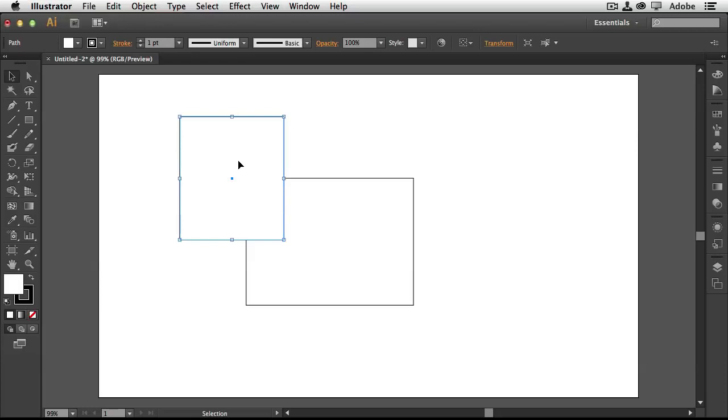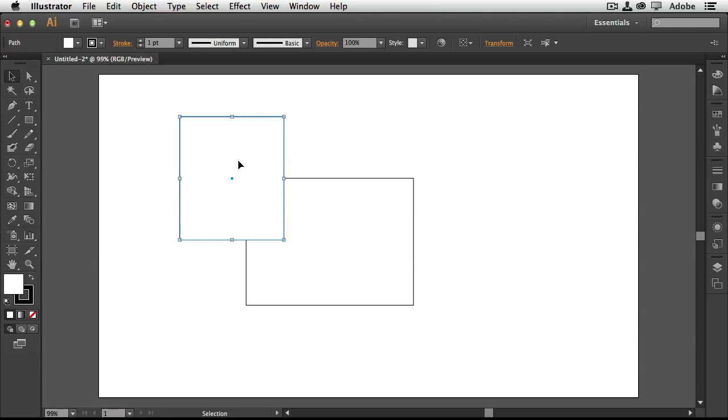Versus if I had painted those with pixels, they would be on the canvas and it wouldn't be as easy to select them and move them around or pick them up. So I'd have to always, in Photoshop, for example, if I wanted to be able to do that, work in layers. Whereas here, I can work on one layer for everything or have many layers for different things. It's up to me. Now, the next thing, number three,